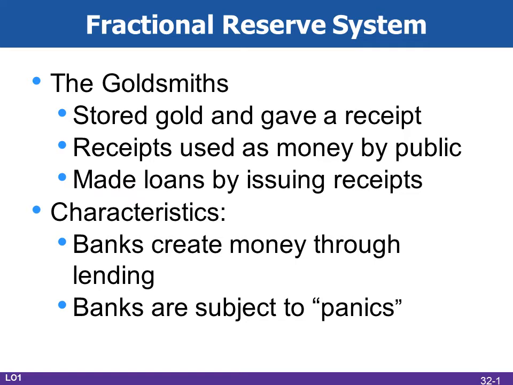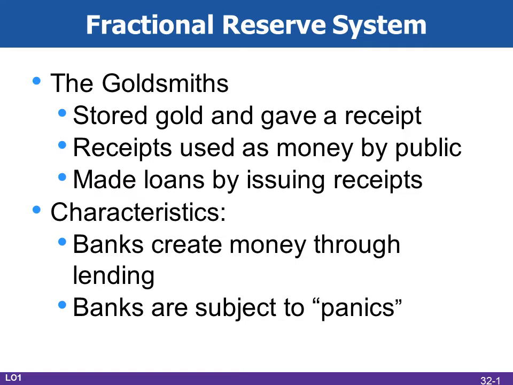Another extremely important idea, and this is actually the way the modern banking system works: when the goldsmith issued additional receipts, when the goldsmith granted a loan, money was created. Because if you think about what happened, the total number of receipts in this economy went from 1 million to 1.1 million, or 1,100,000, right? So when loans are granted, money is created.